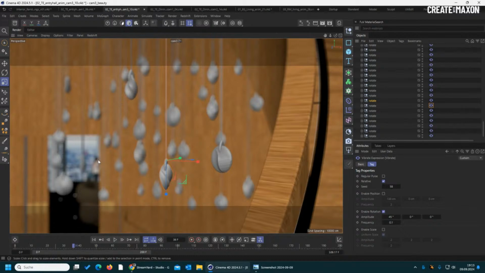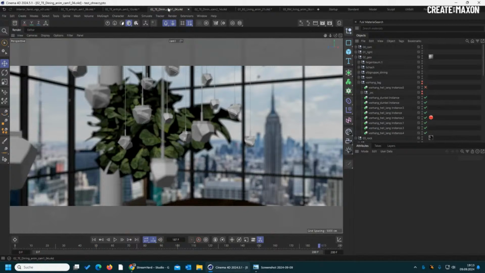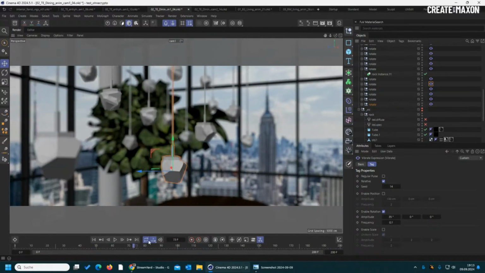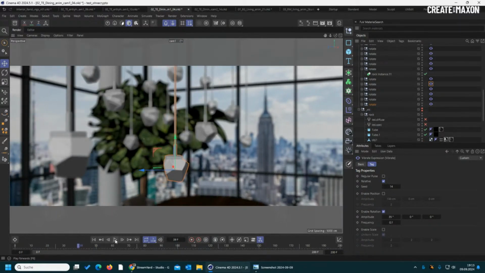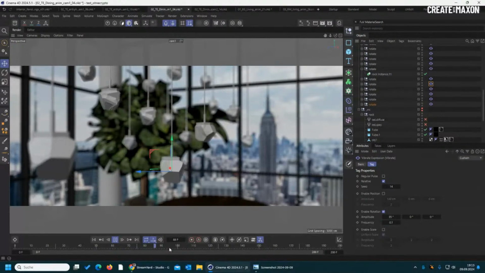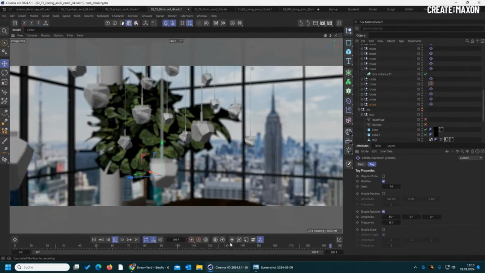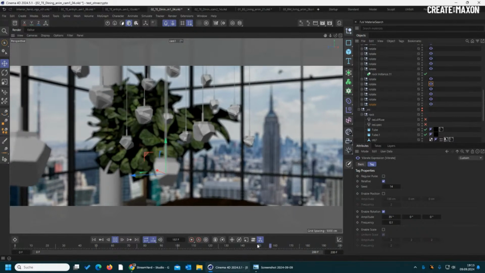So that is how we use some very subtle motion capturing data. And then we go to the next scene, and here, big surprise, we have some vibrate tag here with a different seed on all those lamps, as you can see here. But what you might have seen is here in the background, you have some birds flying along, and I think the movement is really realistic, and